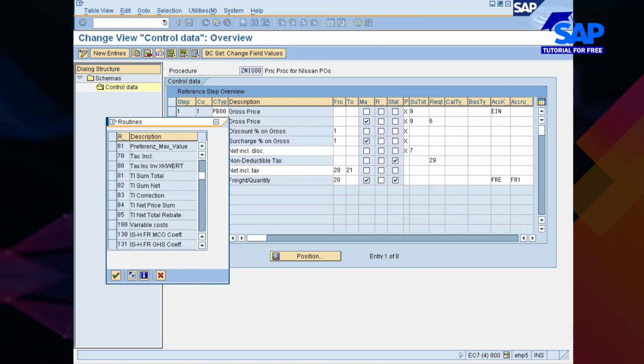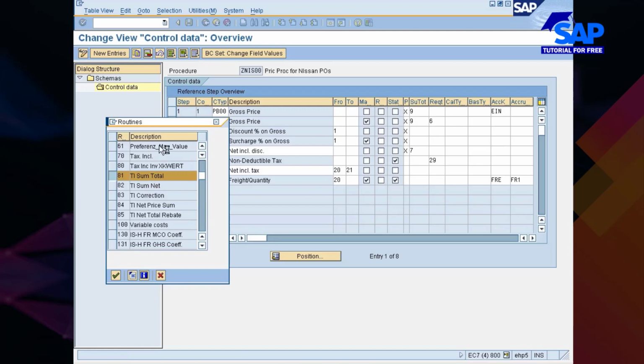For example, total sum. If I go with this particular icon, source text, you would actually see a coding. So you define your own logic, you specify some number, that is called the requirement routine number, and you choose that number here in the calculation type.